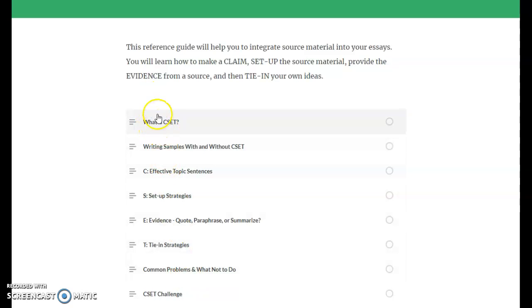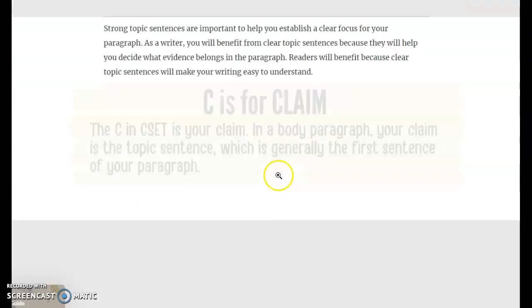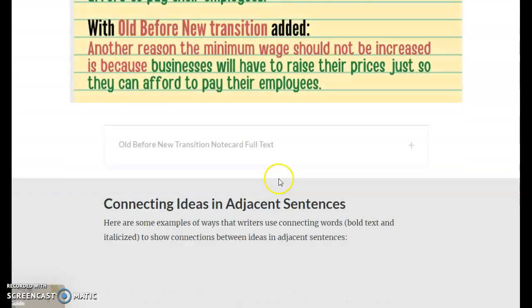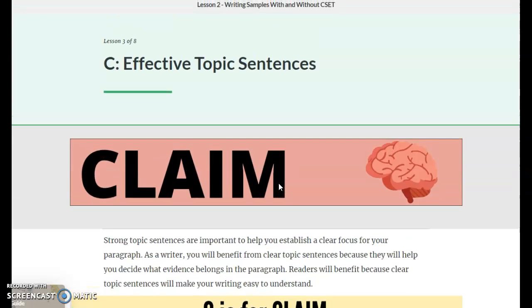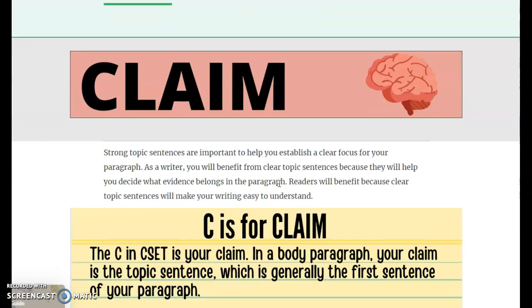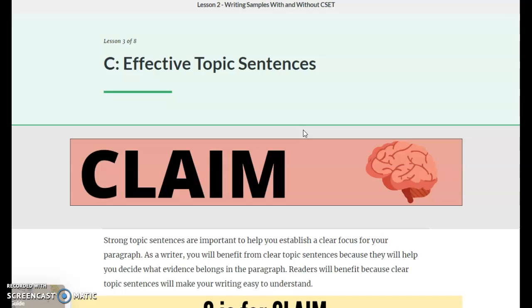But I want notes on what is CSET, and then for each of these articles, I'd like you to write a couple notes just to verify that you understand what this process is. That C stands for claim. The first thing you should do in a body paragraph is make a claim. So I would like you to take notes as you read through this module, and you can do that